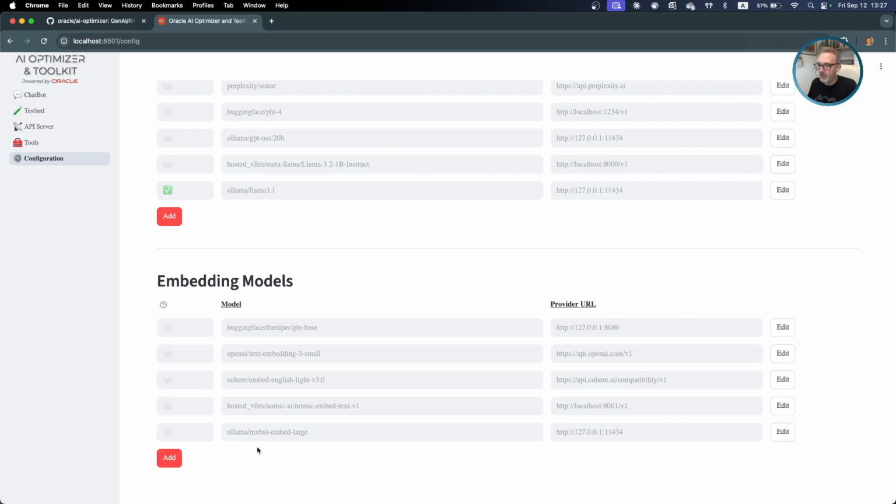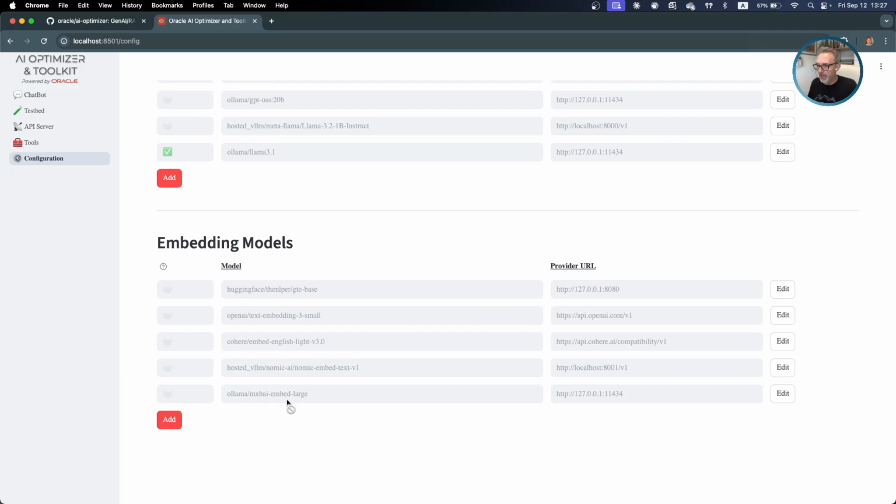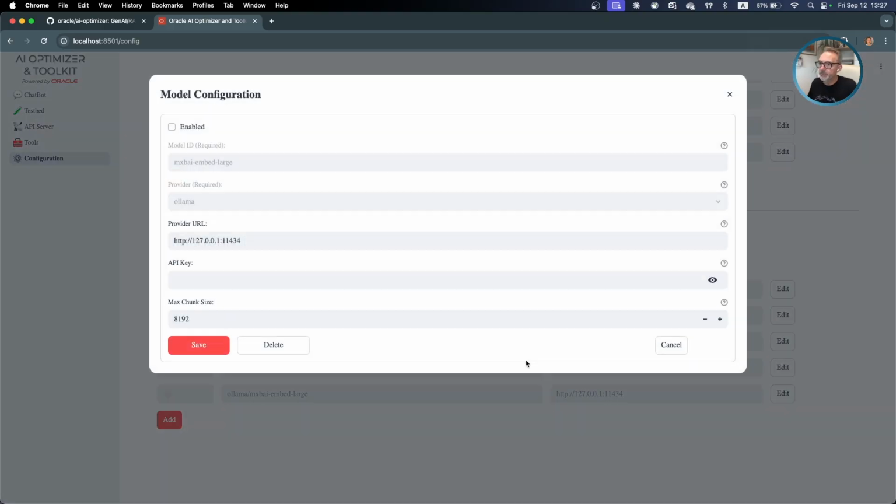So the next thing we can enable, because it runs locally, is the MXBAA embedding large model, by simply enabling it, because it runs locally on a server. Remember, we started the thing.